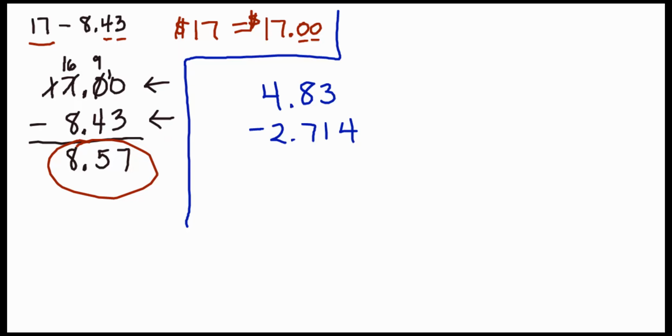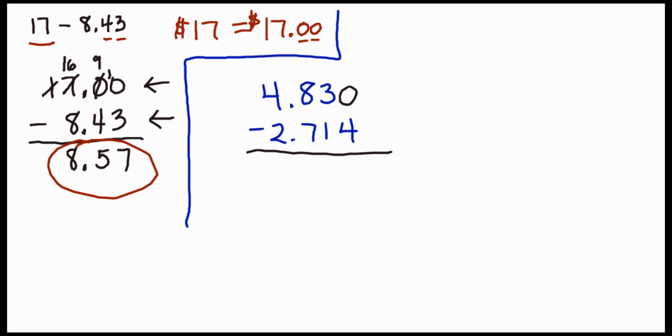The other subtraction problem we have is 4.83 minus 2.714. And notice when you line them up by their decimal points, you actually have two place values at the top and 3 at the bottom. So I'm going to add this 0 here. Again, that doesn't change the value. It just gives us enough place values so that we can work with subtracting the bottom number, which has 3